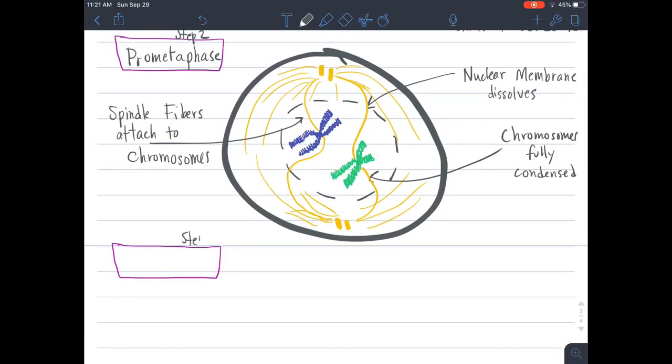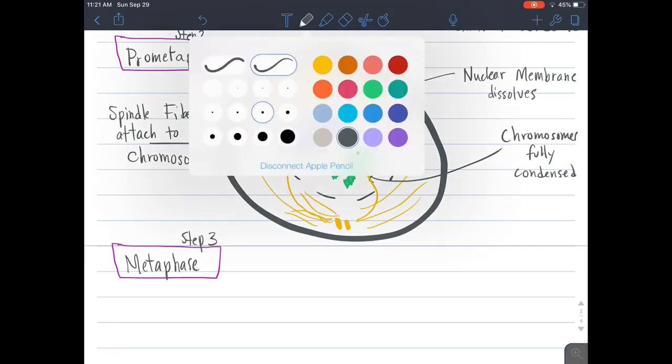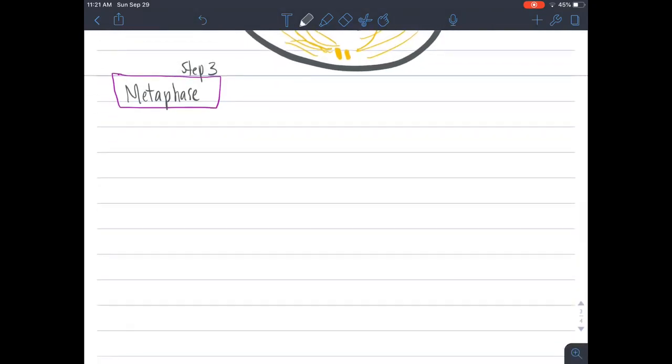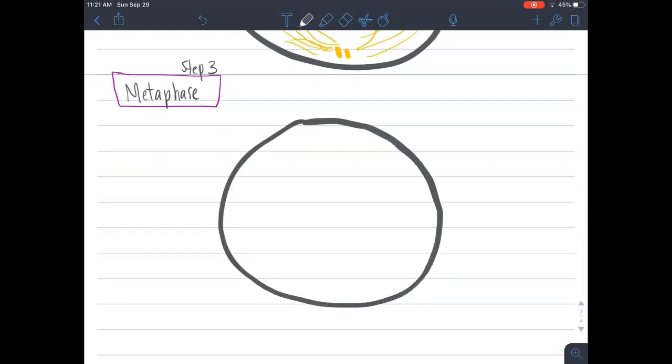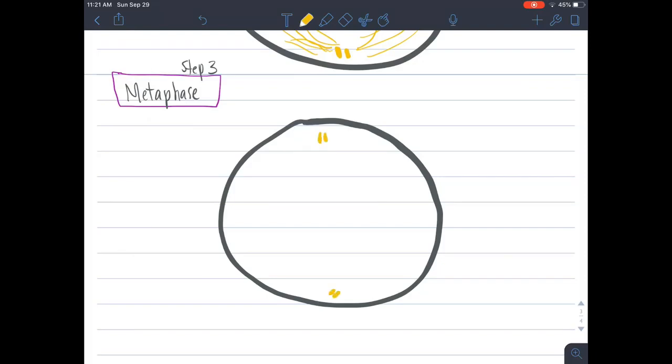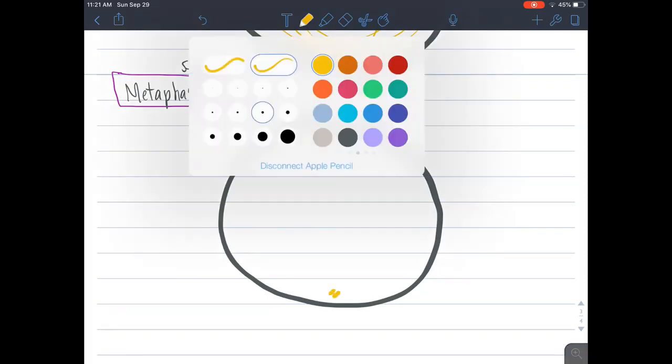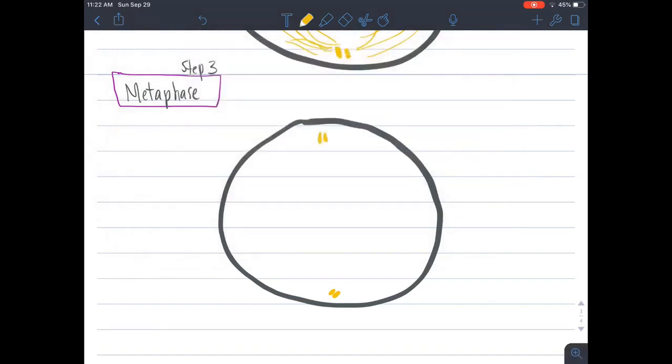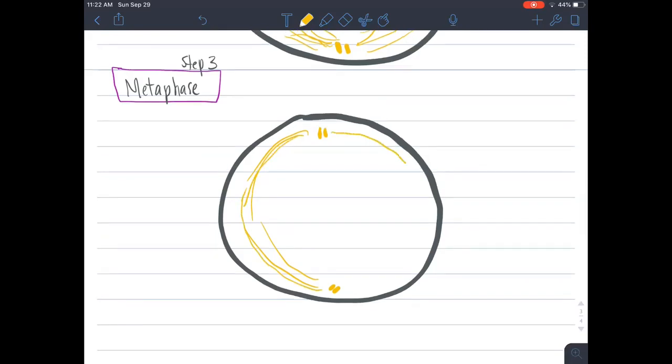Step 3. Once again, let's draw our cell. So we'll draw ourselves a little circle here, and this will be the last phase in part 1. But we have the centrosomes here on each end of the cell once again, and they have sent their spindle fibers shooting out all over the cell. Some of them actually find each other here on the outside, and they start to push on each other because these two centrosomes want to get further and further apart from each other